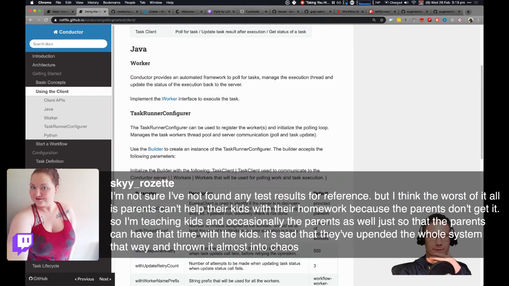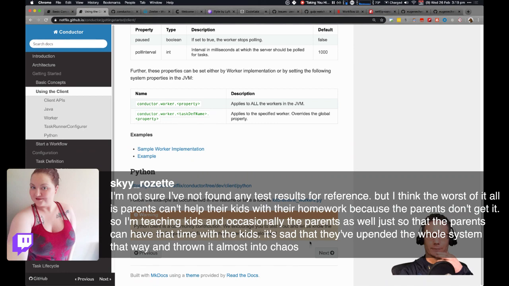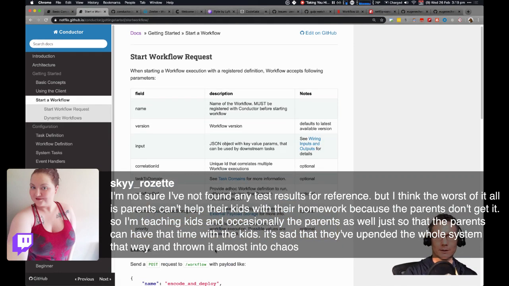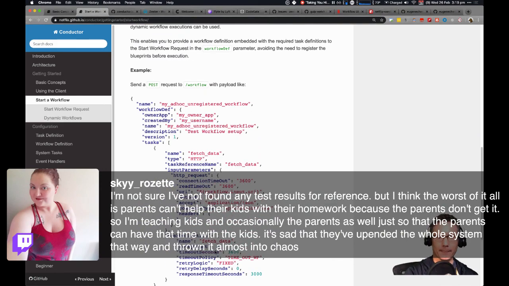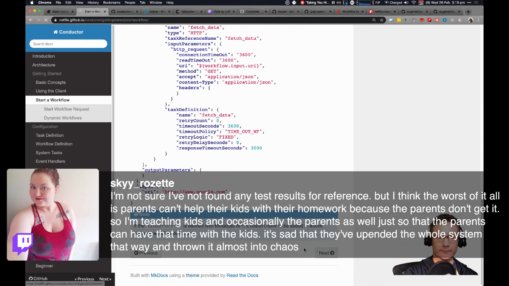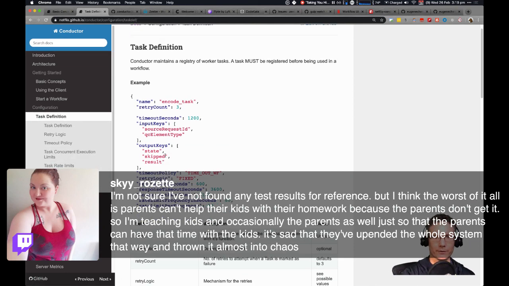Client APIs. Sample worker implementation. Why don't they give a shout out to the JavaScript guy? Okay. Task definition, registry of tasks.